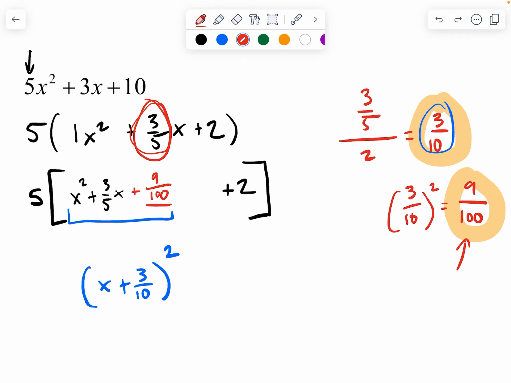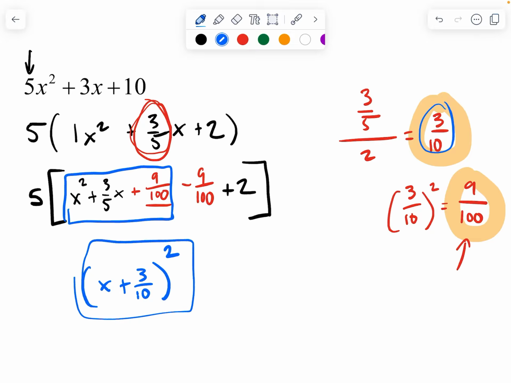So now I've added the number I needed. We've got to keep equivalence. Once you add that number, because there's no equal sign, we have to also subtract that number. So technically, all we've added here is 0. Now, again, this is the piece that goes into the parentheses here, which means that on my next line,